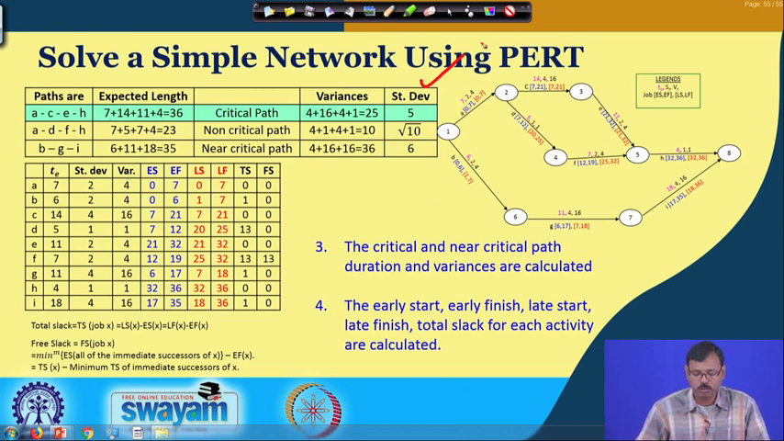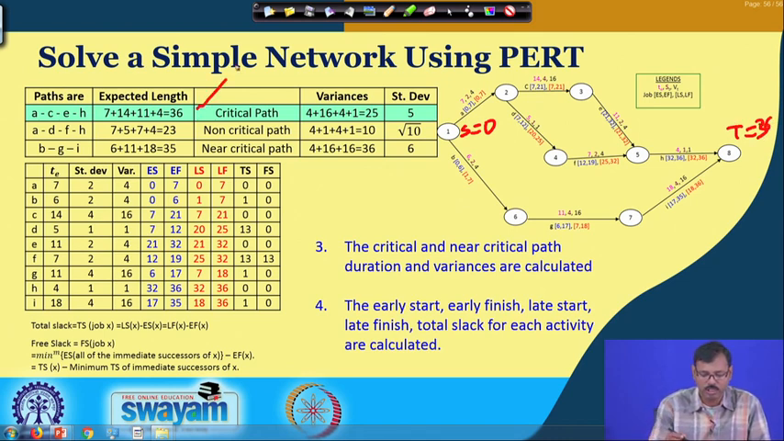So, the next one is to determine the early start, early finish, late start, late finish time, total slack and free slack. So, for that again we have calculated this one. We have considered S is equal to 0 as the start, and we know T is equal to 36 from the critical path. So, based on that we have determined the early start. Early start is nothing but the latest time of the early finish of the predecessors. So, this early start time